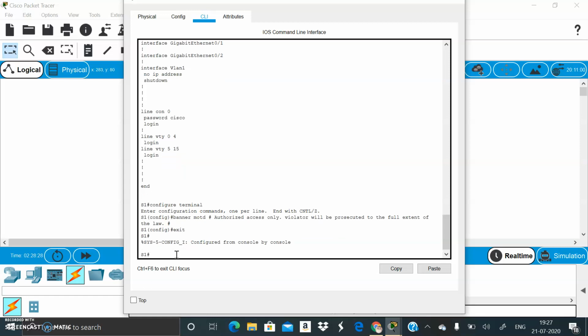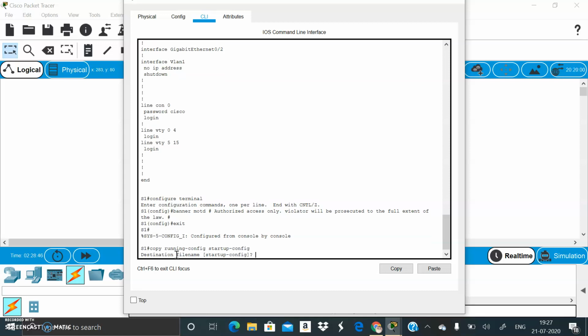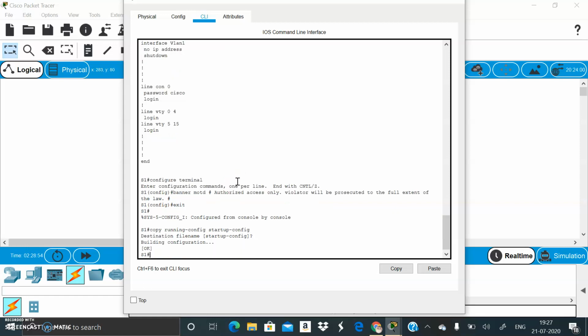Okay. Now we have to enter copy running config startup config. For confirmation, we have to press enter.